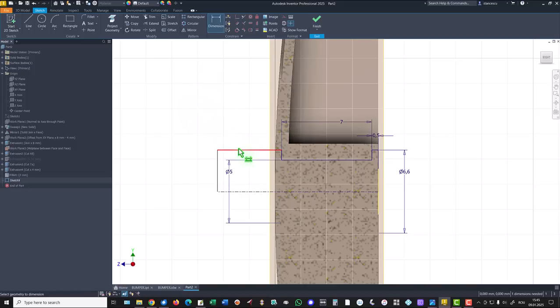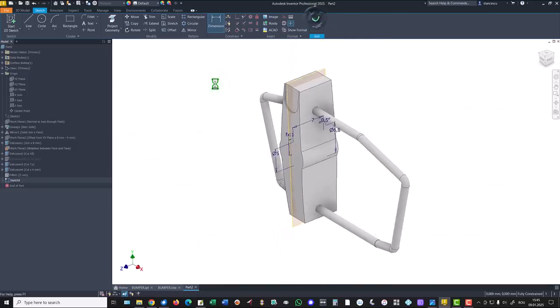This is why this dimension is taken from here multiplied by 2. If you change the value here, this is double of that one. We have a fully constrained sketch, revolve